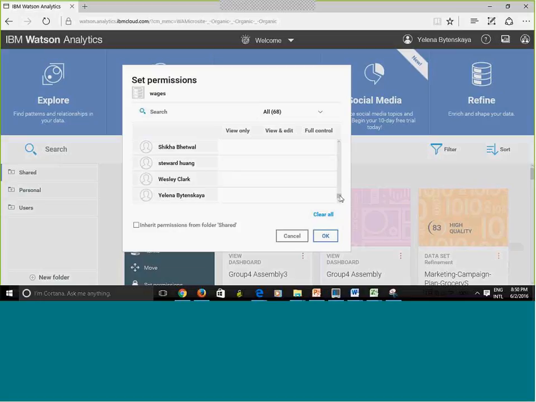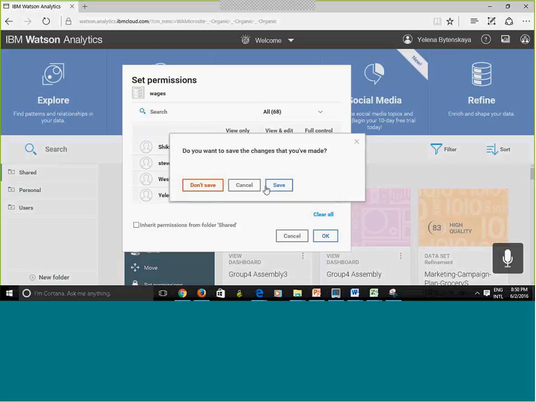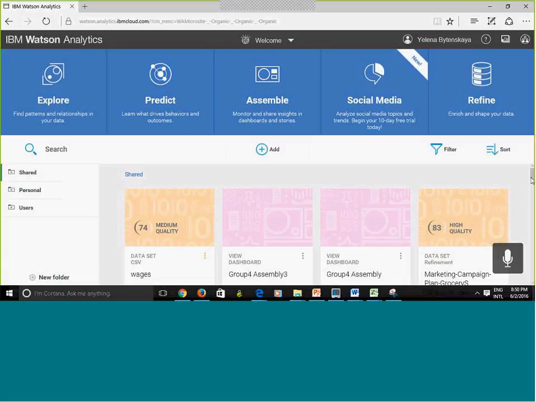Because you lose access. However, if by mistake you select this option, this is recoverable. Because if you still have view and edit, you can still open the file and save a copy to your folder. If you have a view and edit permission, you can still recover because you can open it and you can save a copy to your folder, right? I'm going to hit cancel. I don't want to save this. Okay, I'm going to hit don't save, right?